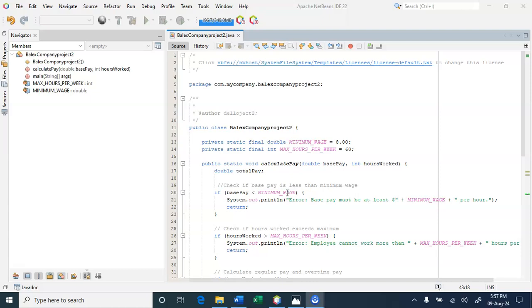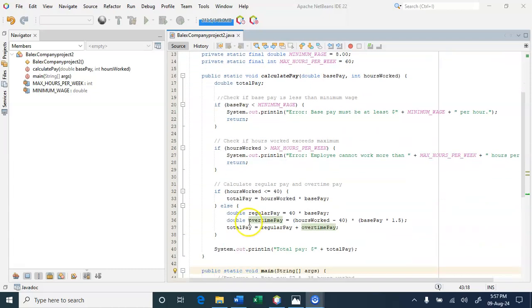We also have our base pay validation. We need to validate our base pay. This part checks if the base pay is less than the minimum wage. If it is, an error message is printed and the method returns without calculating the pay. Then we also validate the hours. As you see, the hours worked.